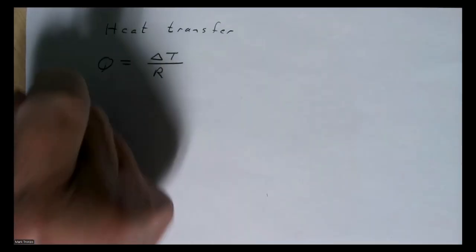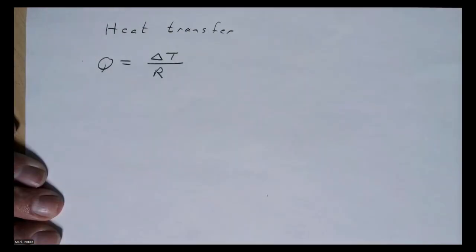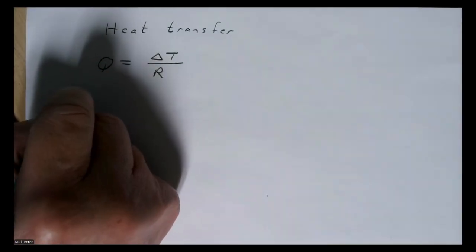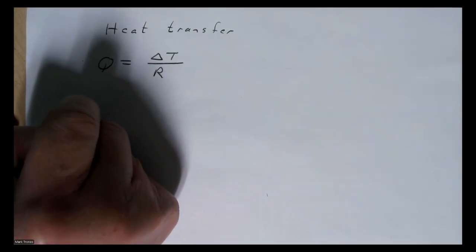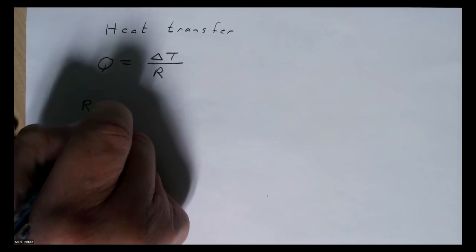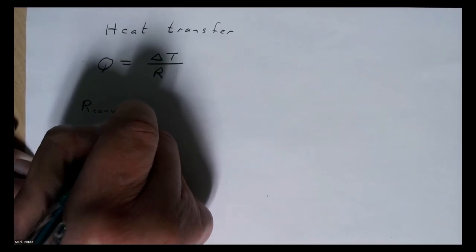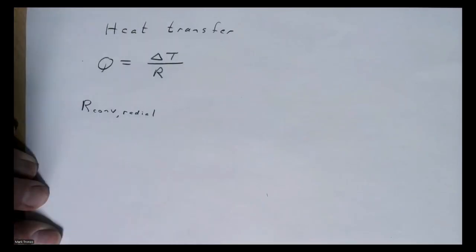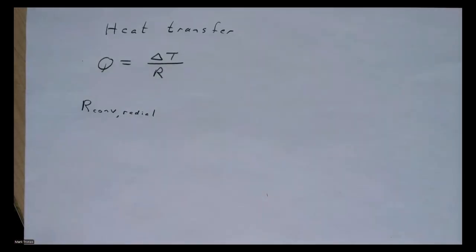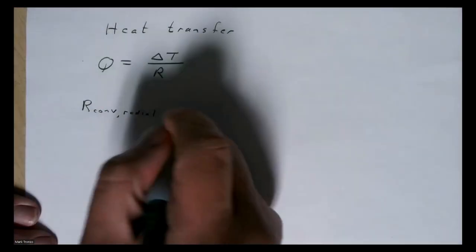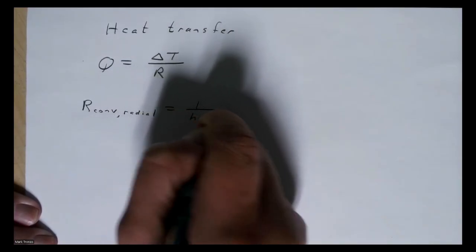And remember, we added up all the resistances, and for each resistance, let's say for convection, if it's radial, that was going to be 1 over HA,